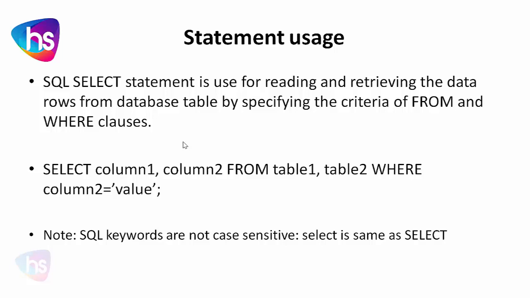Likewise, if I want any specific, particular point of data, by using the SELECT statement with the help of FROM and WHERE clauses, I can filter the data as I require and get it from the database. Assume here: SELECT column1, column2, any of the columns, and FROM table, the name of the table. It may be a single table or multiple tables. After FROM, you have to specify the table from which you want to get the data. And the WHERE clause is used for filtering the data condition-wise.